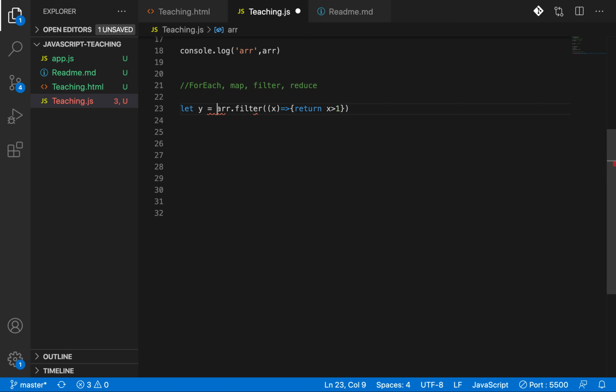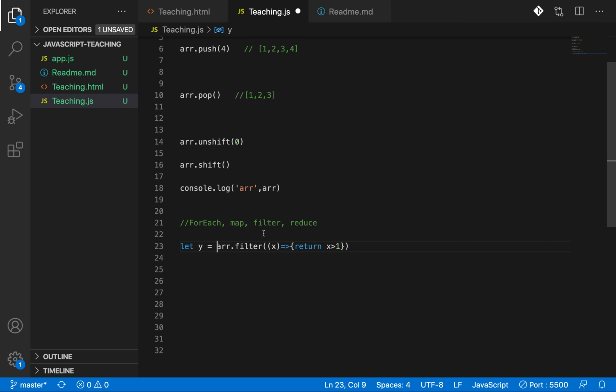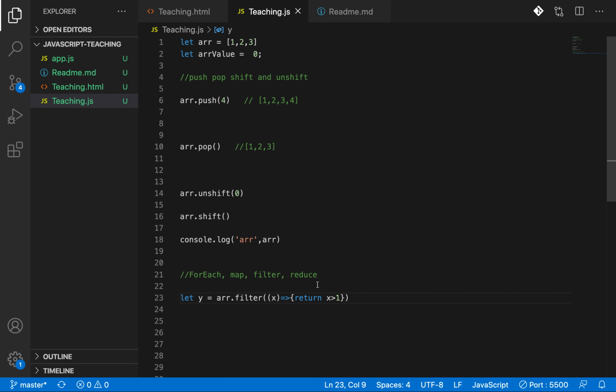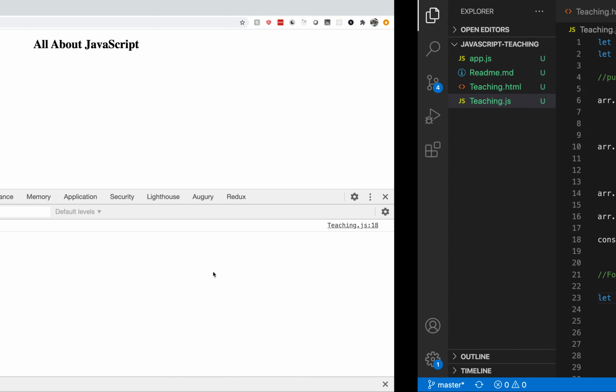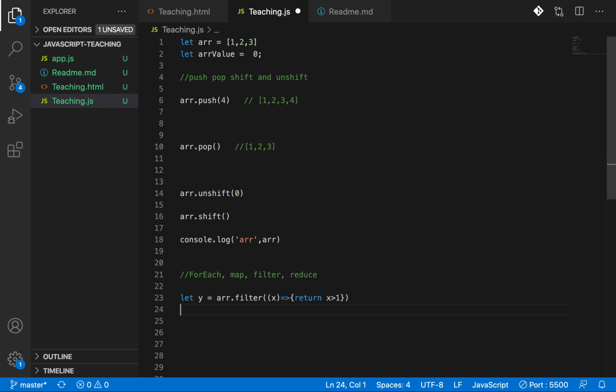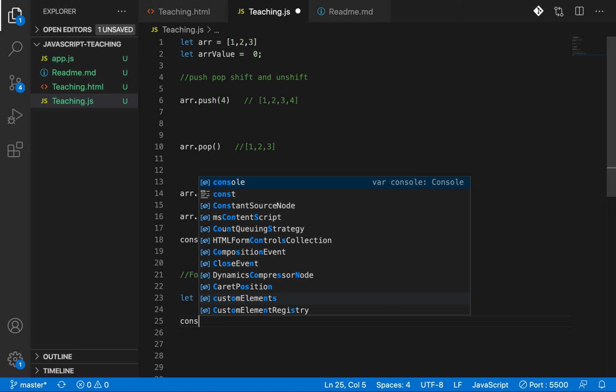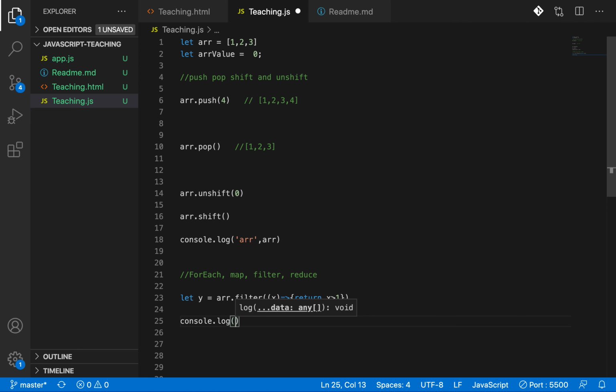Let me look into that. Let y equal to this, x greater than 1 gives 2, 3, right? console.log, I forgot to do y.